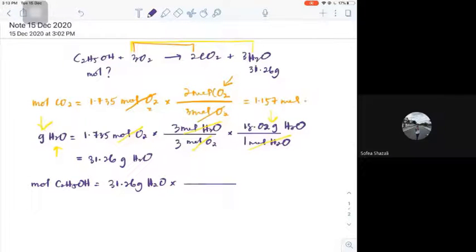We have to cut gram, right? Gram of H2O. We don't want gram of H2O, right? So we have to cut it. Yes, and reach to mole of the C2H5OH. How to cut it, Sophia? The only way to cut the mass or to get the mass is by using